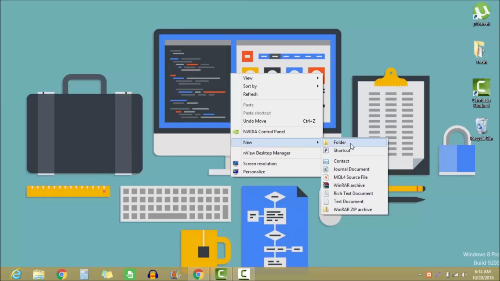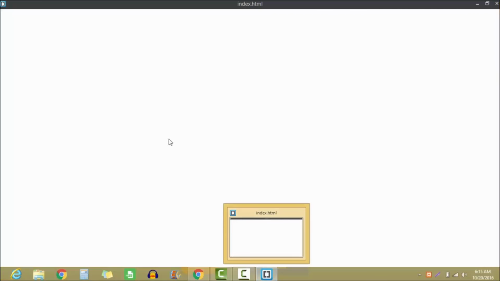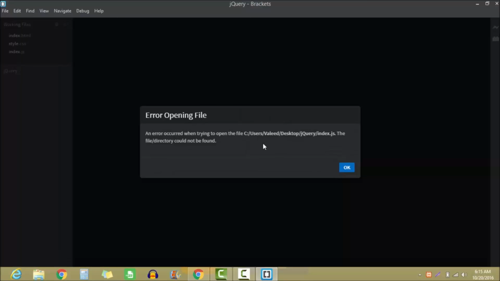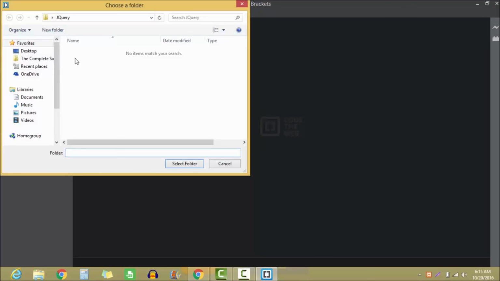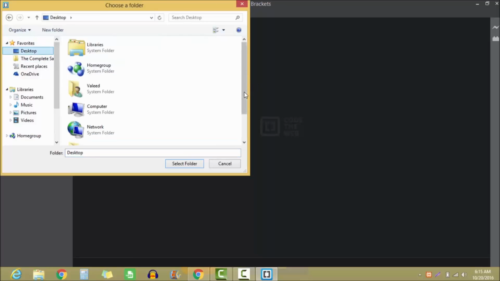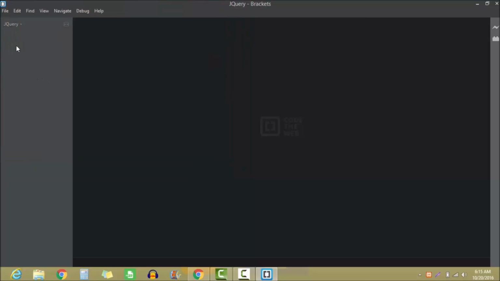Right after that, I'm going to create a new folder with the name of jQuery. And after that I'm going to open the Brackets editor. I'm using Brackets, but it's up to you. You can use Notepad++ or whatever editor you want. So right over here, I'm going to select this jQuery folder, and right after that I'm going to create a file with the name of index.html